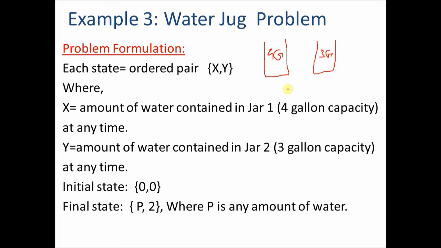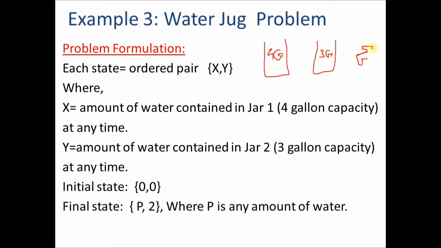Now there are no markings made on these jars, so at any point if there is some water present in any of these jars, it is really difficult to find out how many gallons of water are present in the jar, because there are no middle markings. Only when the entire jar is filled up to the rim can we say that a particular jar is filled with either 4 gallons or 3 gallons of water, based on the capacity. So this is the problem. Now there is a small tap of water that is provided to you.